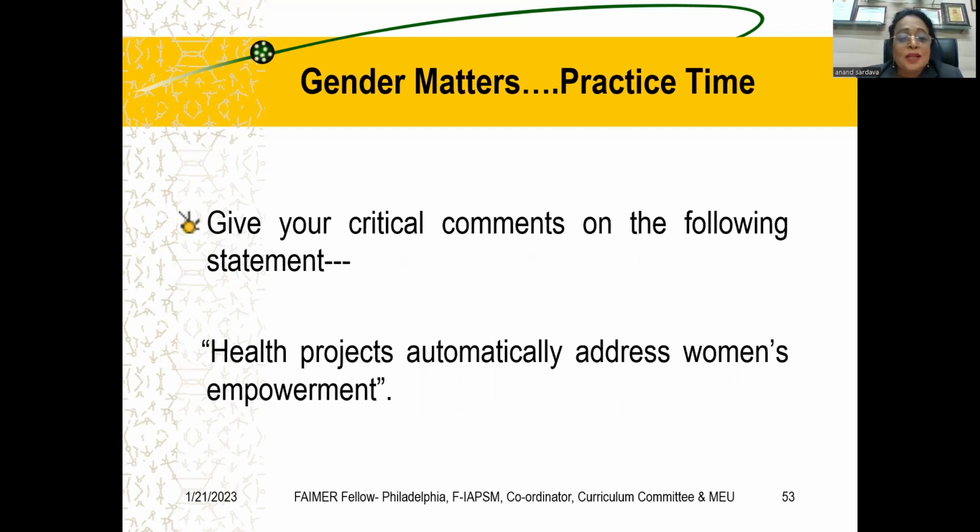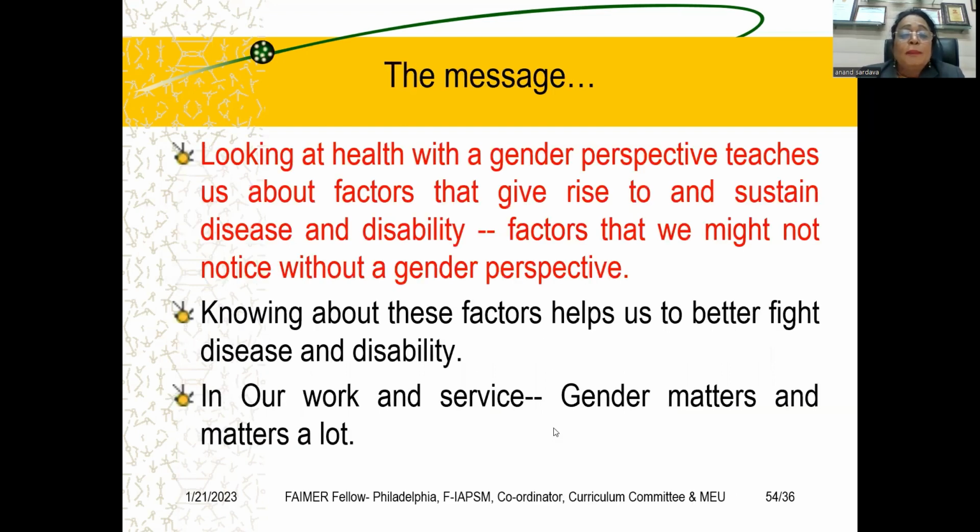This is a practice time. This also can be one of your theory questions in some exam. You have to give your critical comments on the following statement: health projects automatically address women's empowerment. Critically review and comment on this. This is one of the practice times for you. So the message is